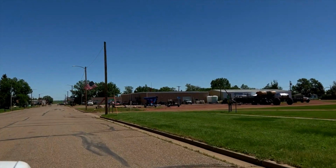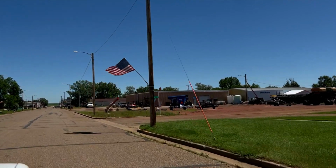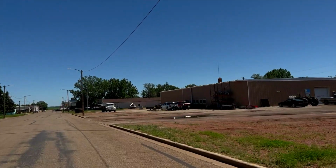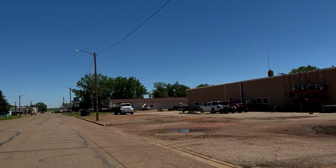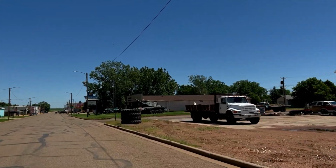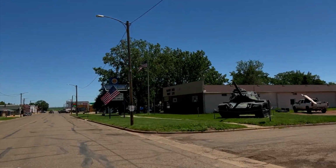onto the Enchanted Highway. I'm excited to see the Enchanted Highway. Yeah, so Gary Greff was a former school principal, and in 1989,